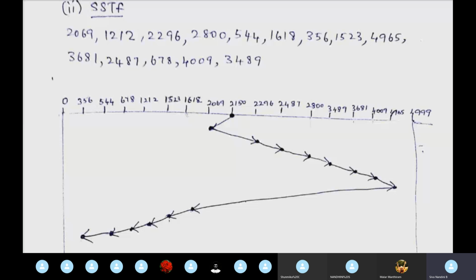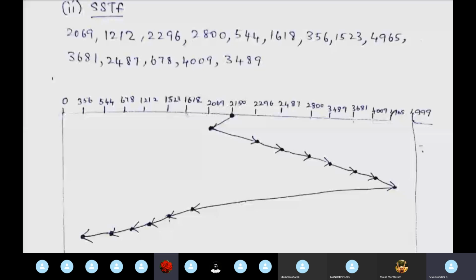2150 க்கும் 2069 க்கும் என்ன distance கண்டுபிடிக்கிறதுக்கு? 2150 minus 2069 will be giving that value. Will be having some value, and then 2296 minus 2150 will be having the value, and we'll be comparing those values. இந்த ரெண்டு வேல்யூல எது ஸ்மாலா இருக்கோ, because we are going for shortest seek time. So எந்த வேல்யூ ஸ்மாலா இருக்கும், so அங்கதான் எங்க போகணும்? Disk head should go on.